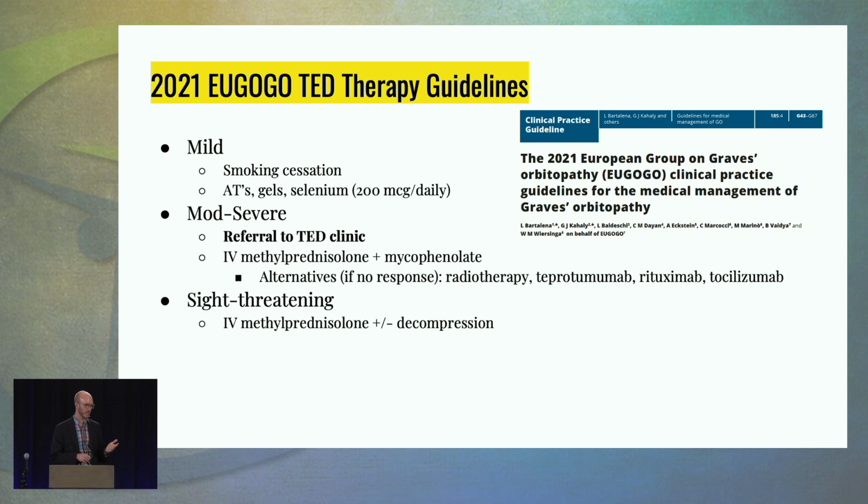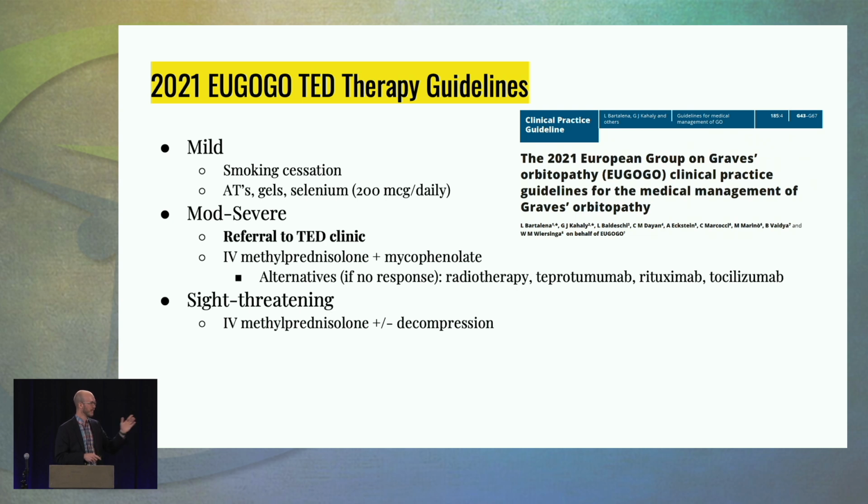Mycophenolate was another one that in the new recommendations from 2021 was added, and what that does is it decreases antibody production by B cells, it's anti-proliferative to both B and T cells, and it induces apoptosis of activated T cells and inhibits fibroblast proliferation. So I had to go look up all that last night. I did not have that memorized.